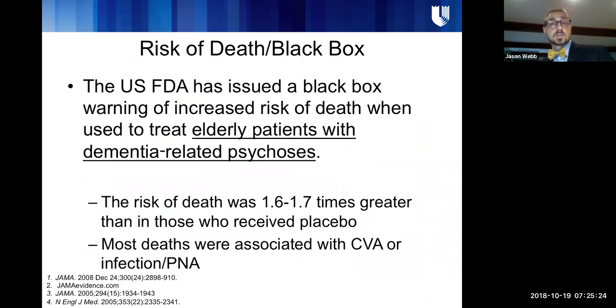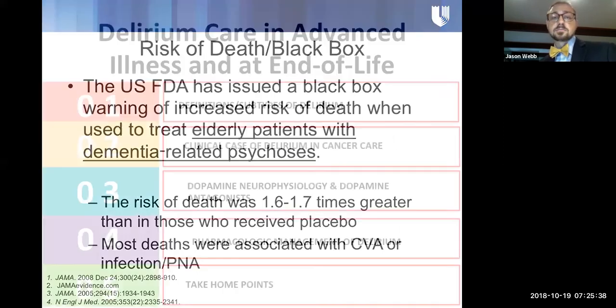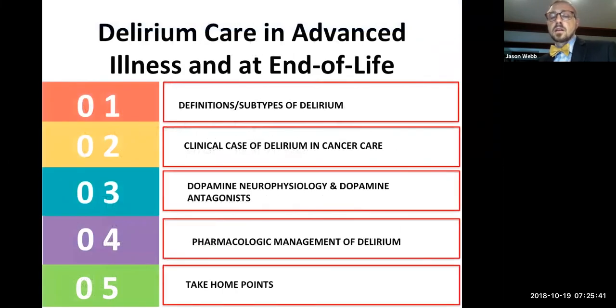So again, there's a lot of risk with some of these medications in the longer term, and in palliative care, oftentimes we're taking care of patients with serious illness. It's harder to have this conversation with patients and families about the risks, particularly this risk of death. If you're using it in somebody with dementia, you really need to take that into consideration. So I want to